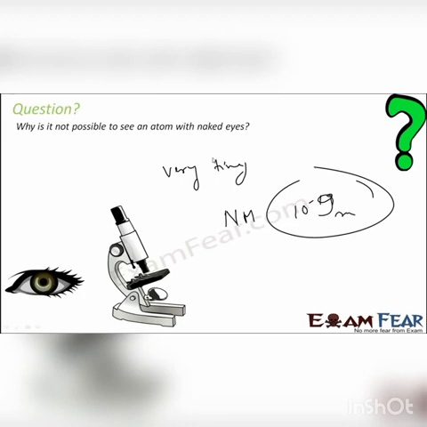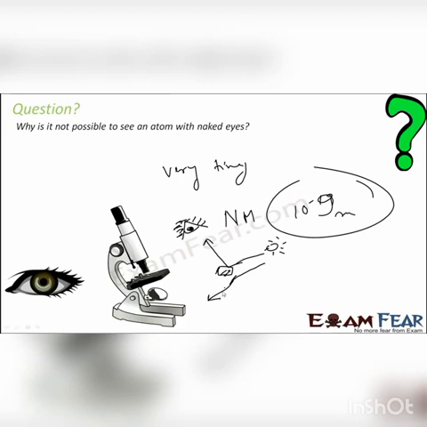This is also a little advanced concept. For anything to be seen, the way it works is you have a light, maybe sunlight or any other light, and there's an object which you want to see. Light will come and get reflected by the object, and then your eye can see it. But if the particle is so small that it will not reflect the light, it will just pass through, then you will not be able to see the object. You will understand this concept in the higher classes.